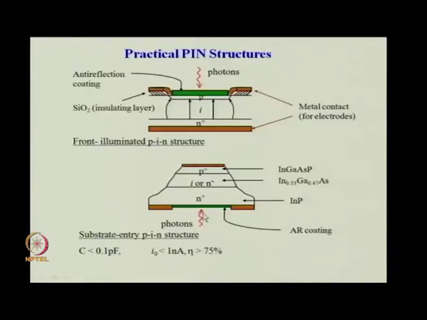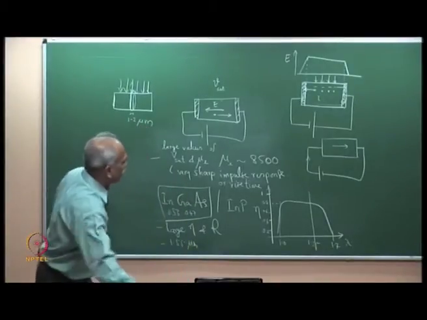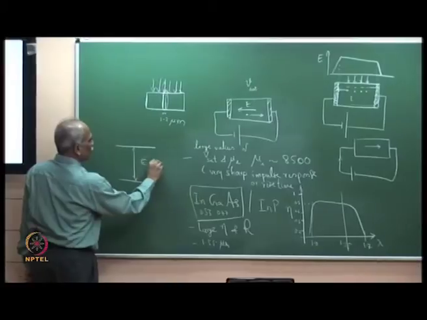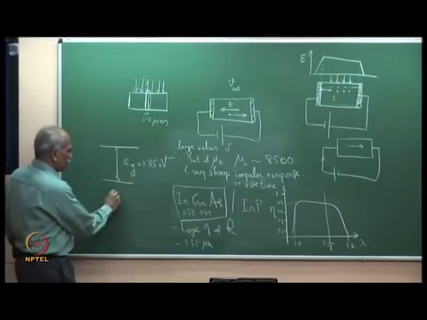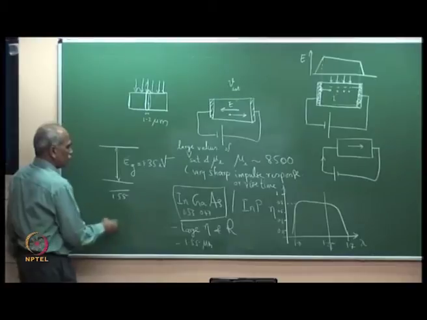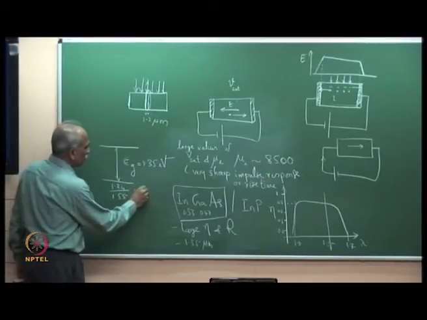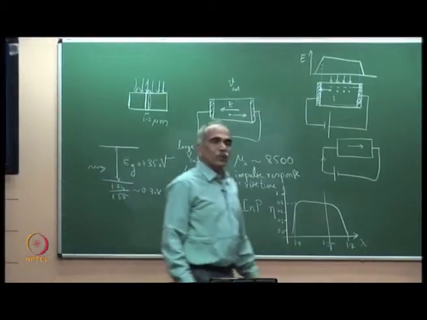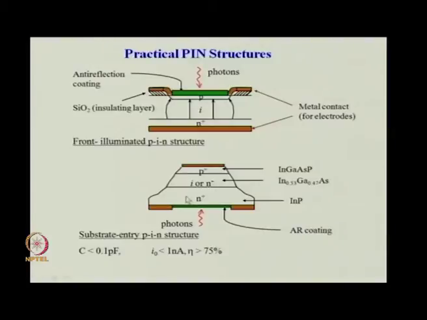Light enters from here, but this substrate is thick, 50 micron, 60 micron, but does not absorb, because optical communication is at 1.55 micrometer, and indium phosphide has a band gap Eg equal to 1.35 eV. Optical communication is at 1.55, which means what is the Eg? Corresponding band gap is very small, 1.24 by 1.55. So, this is of the order of 0.7 eV. If photons are coming at 0.7 eV, they are not going to get absorbed in indium phosphide. So, as far as light at optical communication is concerned, indium phosphide is transparent,